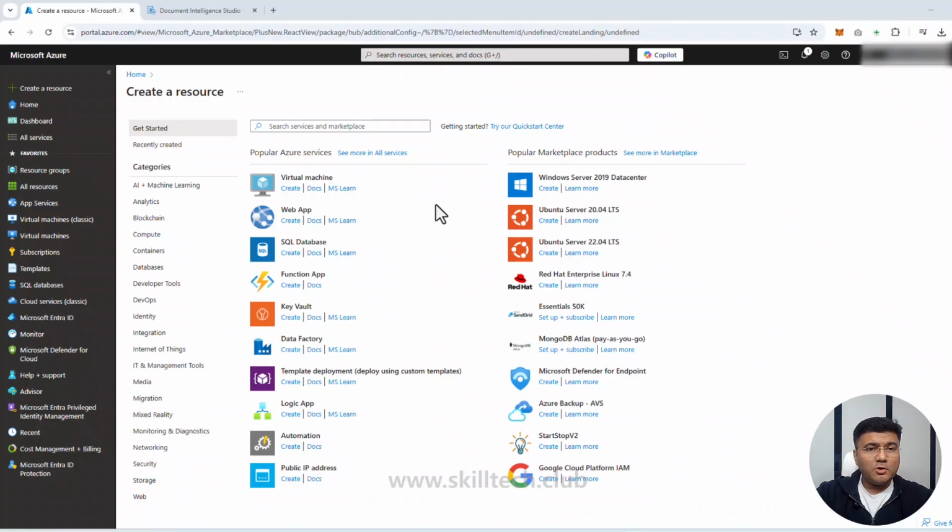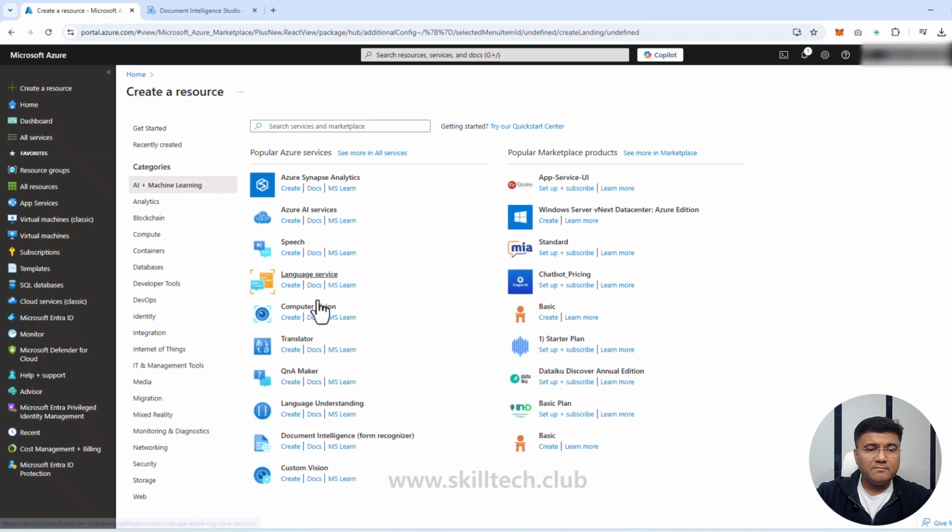I am in my Azure portal, and as usual, the first thing which I'm going to create is my Azure service. So I'm going to click on AI plus machine learning, and the service which I want to create is a document intelligence service. Remember, the older name of the service was Form Recognizer, but the new name is Azure AI Document Intelligence Service, which sounds very good. I'm going to click on create,